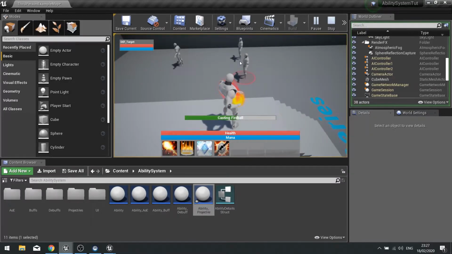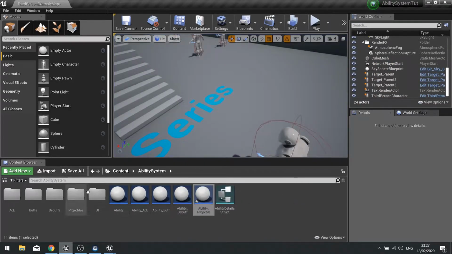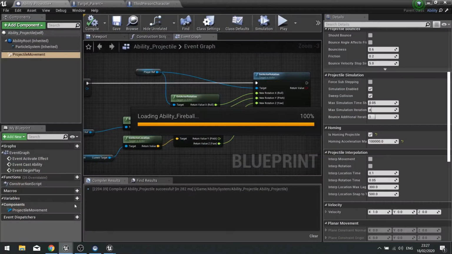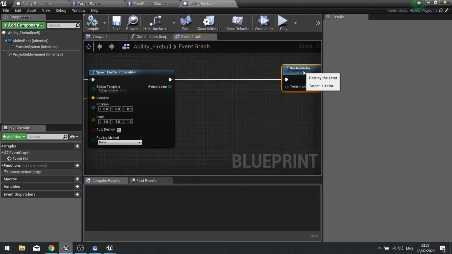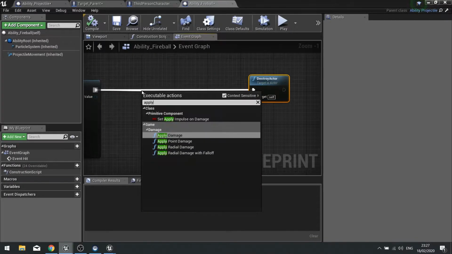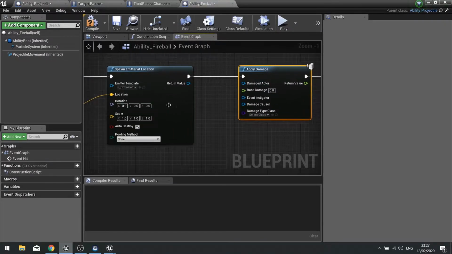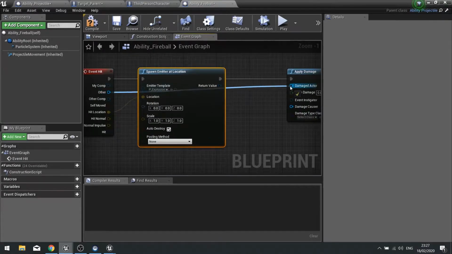So what we need to do is make it so it registers a hit or impact on the character. So when the ability is destroyed, in this case on the projectile here, the fireball, event hit, before we destroy the actor, we want to apply damage. And we go apply damage. And the damaged actor is going to come from the other on the event hit.